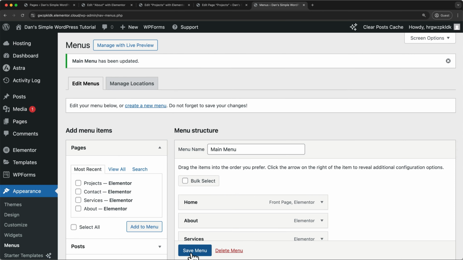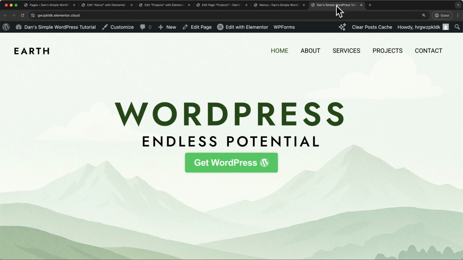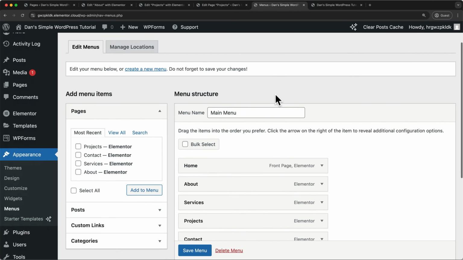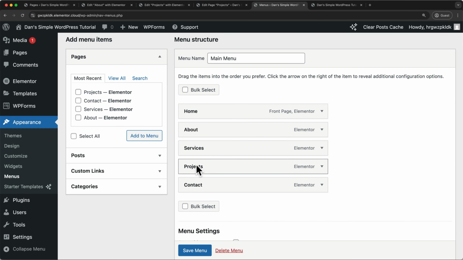To see that that page has been added, let's open our website by command-clicking the link up here in the WP admin bar. Headed over to this new tab, we can see that our Projects page is now added next to our Services page. If we come back to settings, let's scroll down and move our Projects into a tabbed